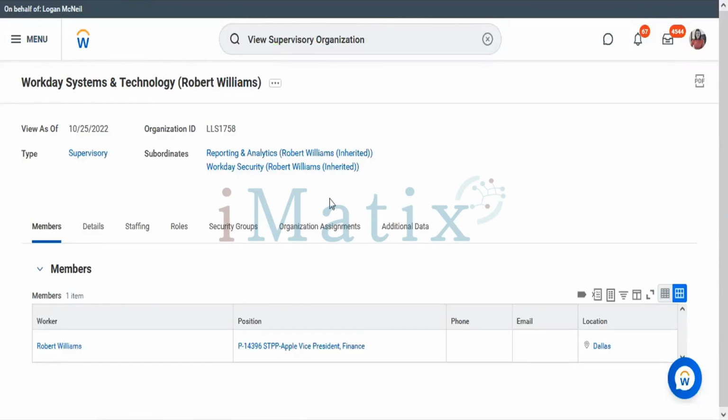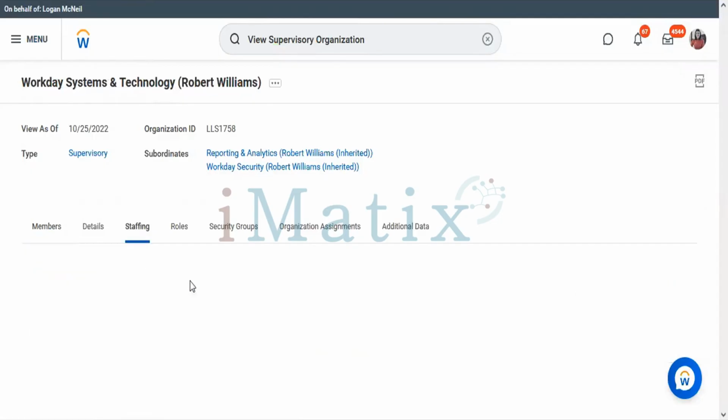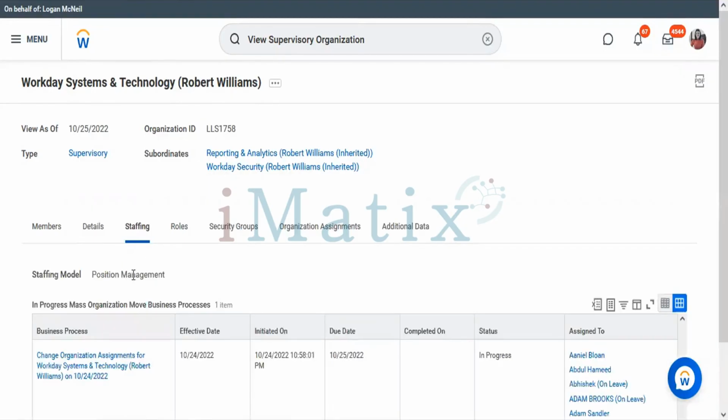The reason we need a position is because the organizations that we have created are of the position management staffing model. Whenever we have a staffing model called position management, it means that a position has to be created before we hire an employee.